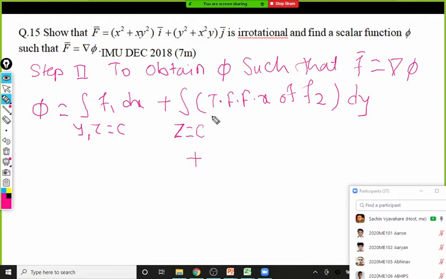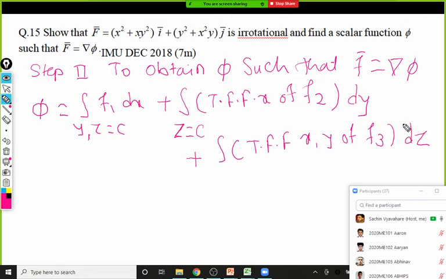There is one more thing. Right now f3 is not there, but in many cases that function f3 is also available. In such a case, that third part you have to remember: terms free from x and y of f3 and then dz. Now here f3 is not there, so there is no term in f3, so obviously it is 0 dz. Okay, f3 itself is 0, so it's 0 dz. But whenever f3 is there, we'll come to that in the next question. In the next question we'll come to know the meaning of this part.